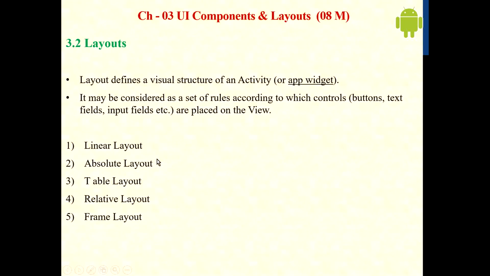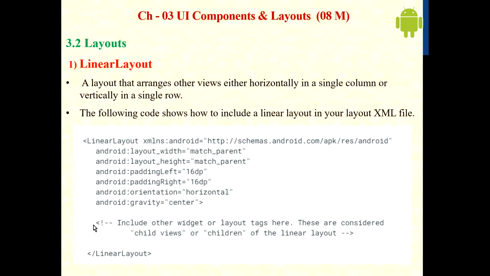Okay, so every layout has some specific rules to display the components. There are different layout managers in Android. First one is linear layout, second is absolute layout, third one is table layout, fourth one relative layout, and last one frame layout. These five are the types of layout in Android. So we see them one by one in detail.